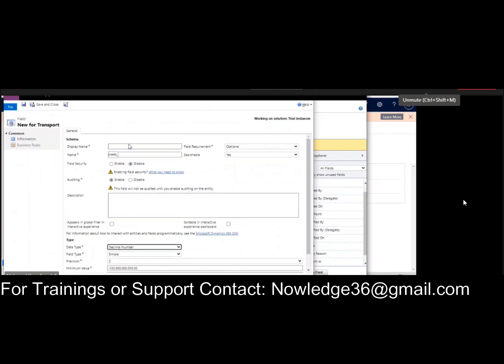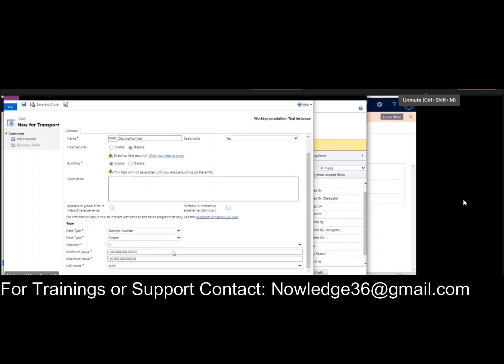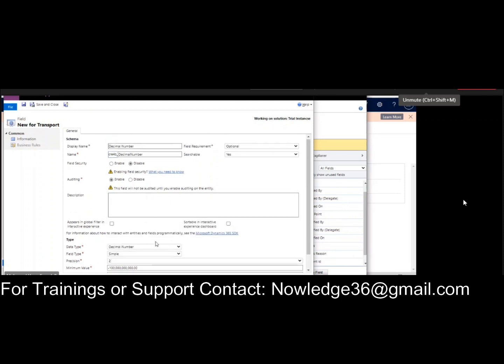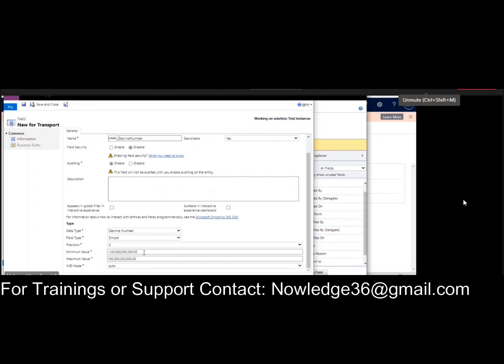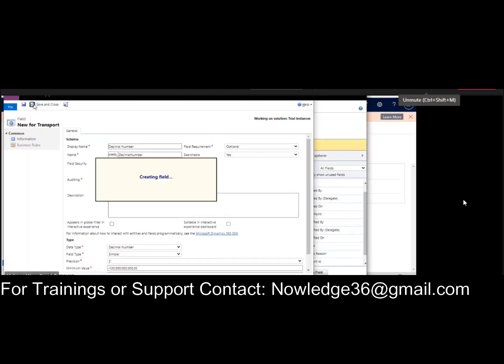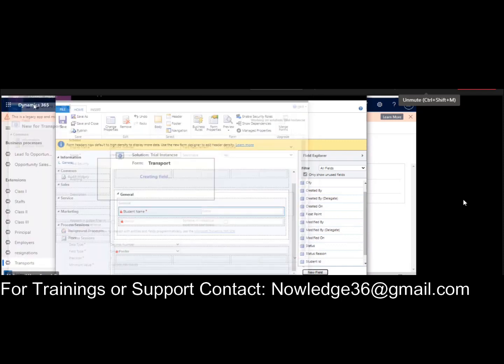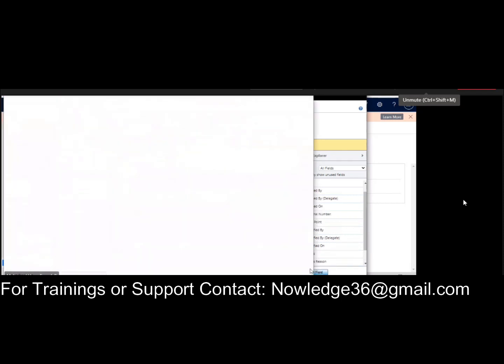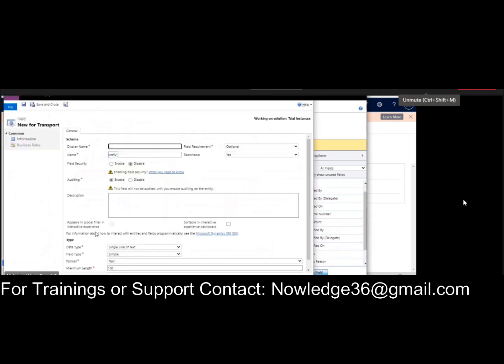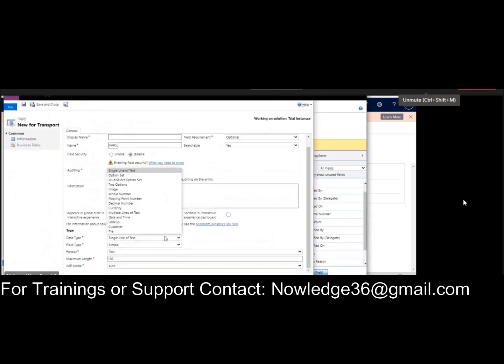Then we will add the decimal number. The precision works the same. Here you can add a minimum value or a maximum value. Another one is currency.